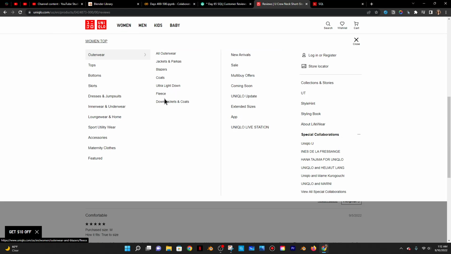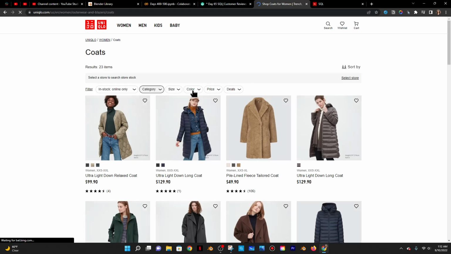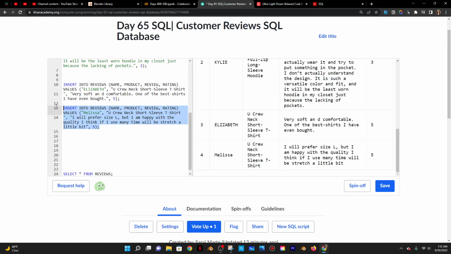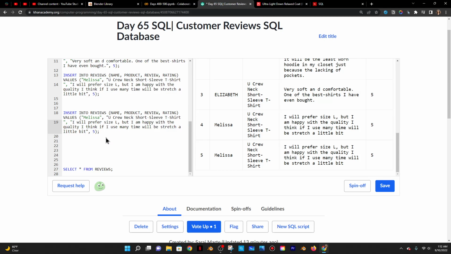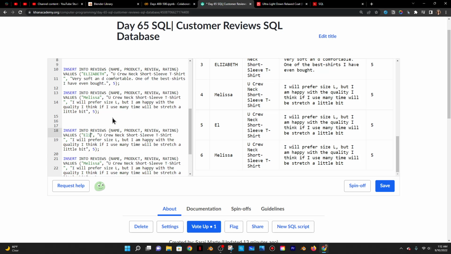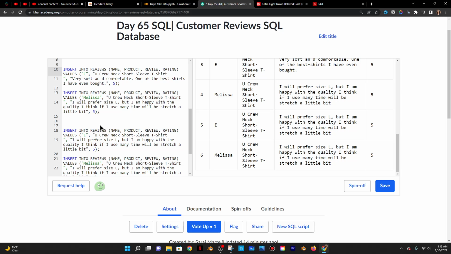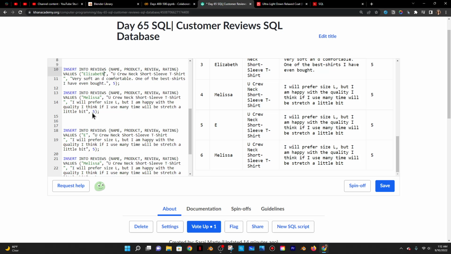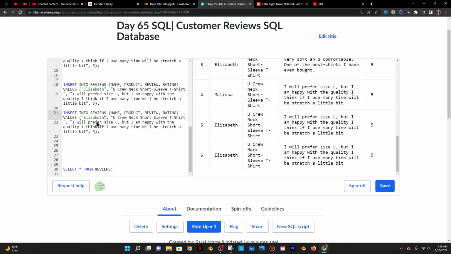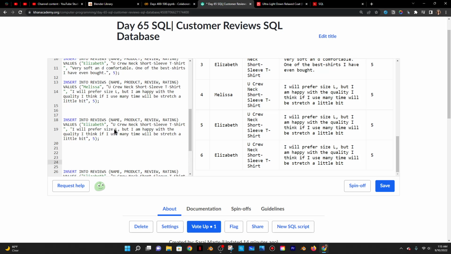Let's go to, let's see, maybe coats, get one more product. And let's do this one. So I'm just going to go ahead and copy this and maybe just copy 2 times. So I'll leave this one to be, let's say, Elizabeth. Why did I put her name as caps lock? Elizabeth. All right, put that in there. And then probably do another Elizabeth here, but I don't want it to be the same, so that's going to be later. And I'll just do Elizabeth and then same product,